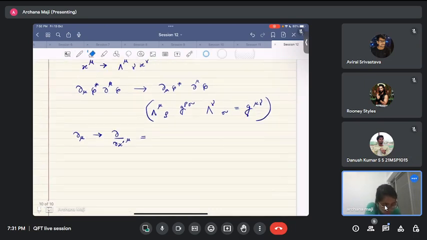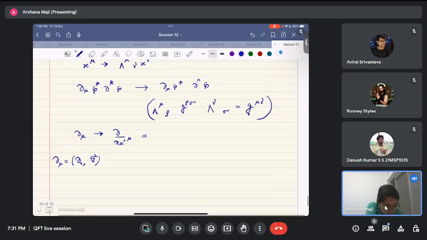So I'm right now doing this particular one. Mu involves 0, so we can always write del mu as del 0 comma grad. Instead of writing del 1, del 2, del 3, we can club it and write it as grad. Okay, so this del x prime mu, you know, it is just,